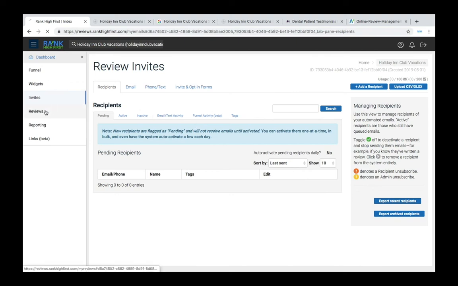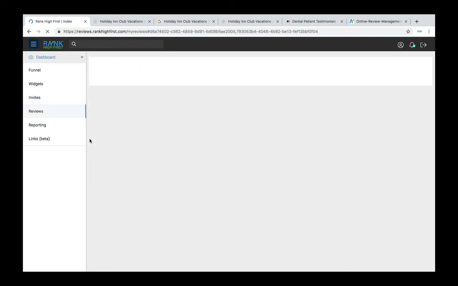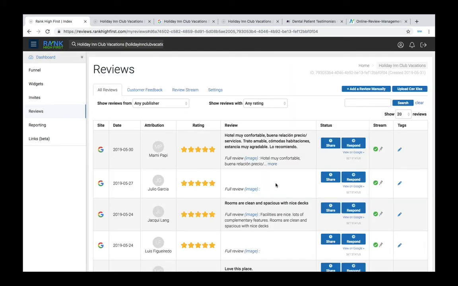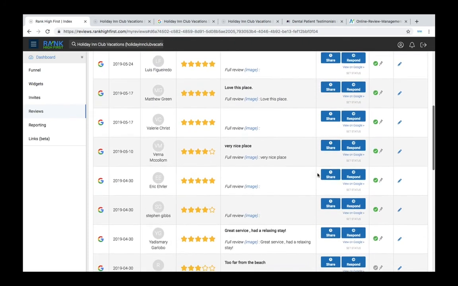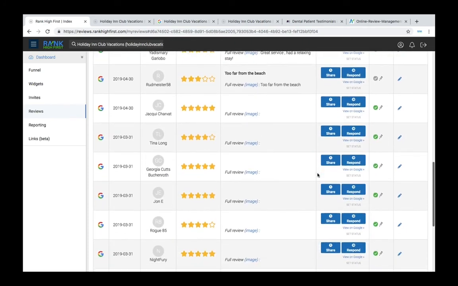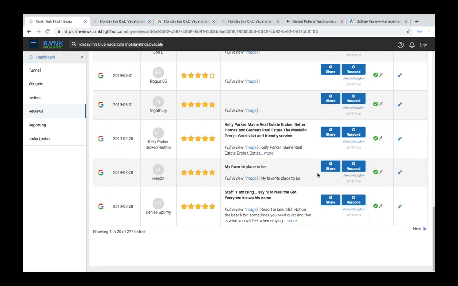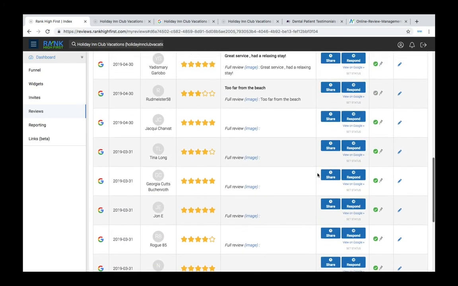Now we're going to look at the Reviews tab. The first thing that you see under the Reviews tab is this database view of all of the reviews for this business demo from around the web being pulled into one central command center. This is where you really see the benefit of crawler-based review monitoring, which is one of the most advanced platforms